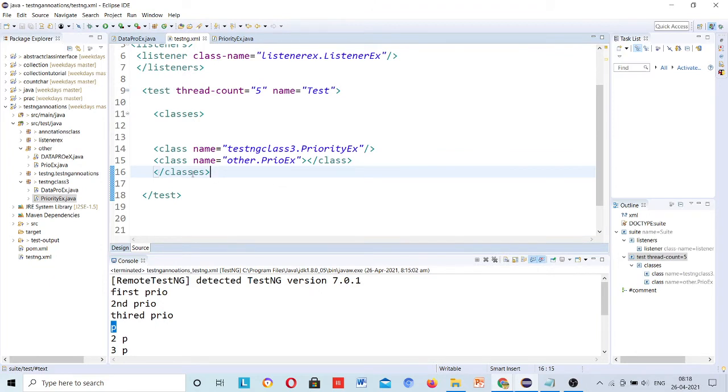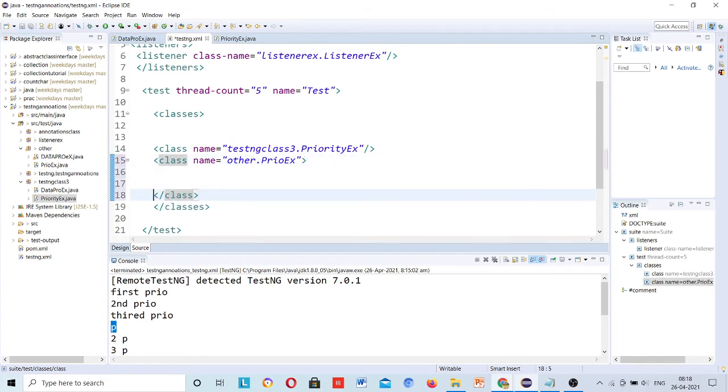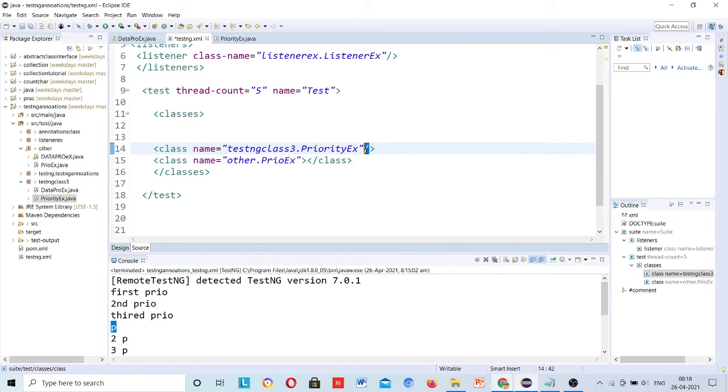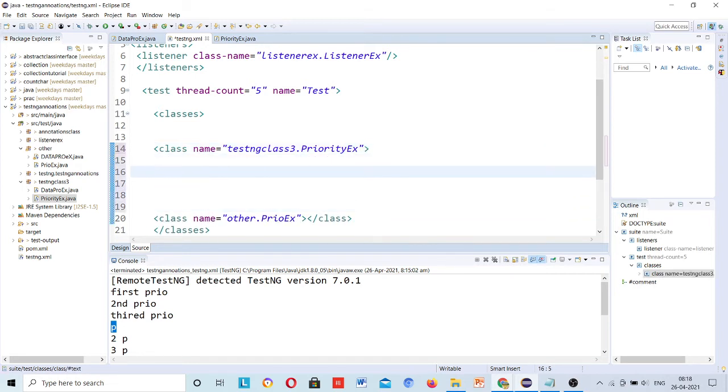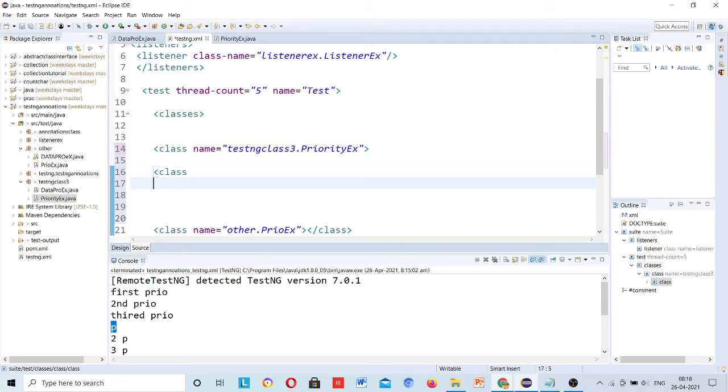I will make that multi-line, not this one, this priority. This is as of now single line closing, so it will not work for including and excluding. I want to make this multi-line, then only it will work. Okay, because I have to include and exclude something in it.